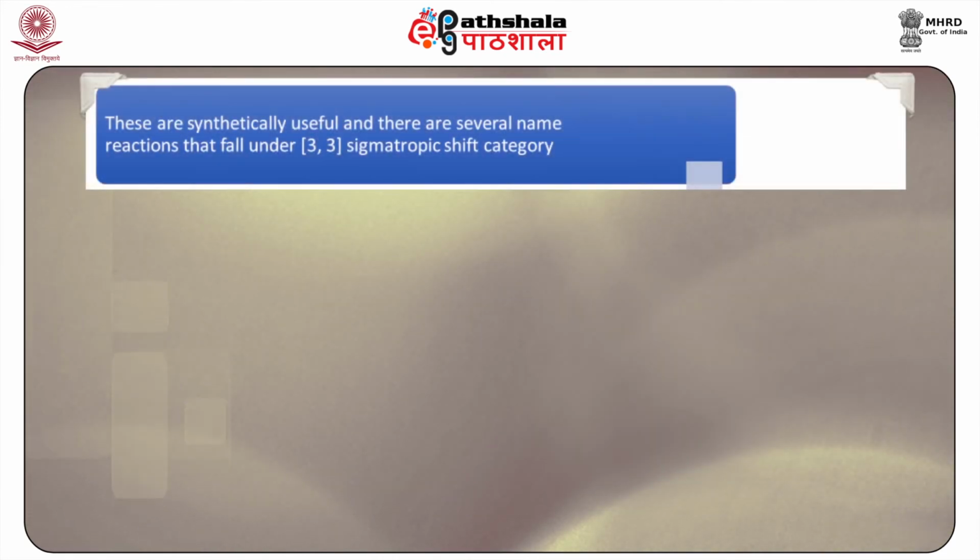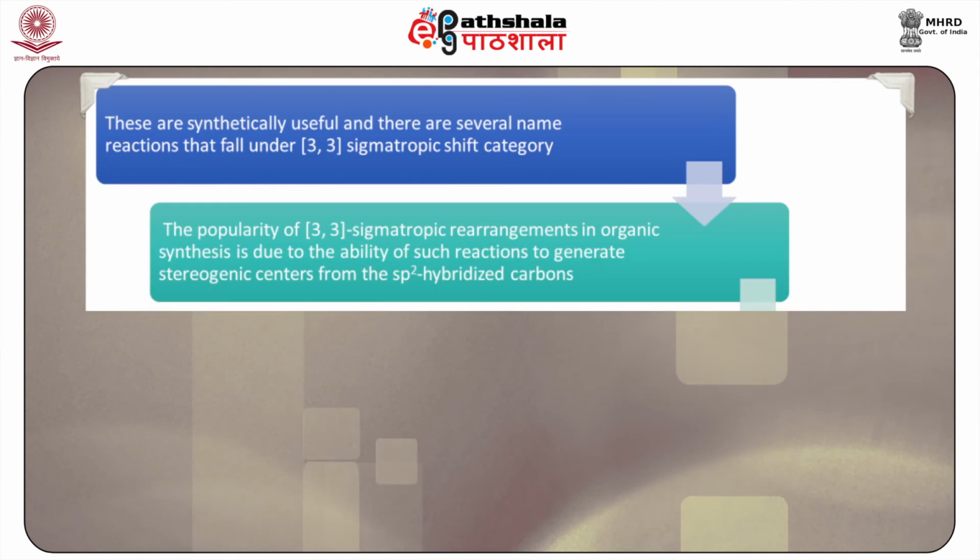These are synthetically useful, and there are several name reactions that fall under the 3,3 sigmatropic shift category. The popularity of 3,3 sigmatropic rearrangements in organic synthesis is due to the ability of such